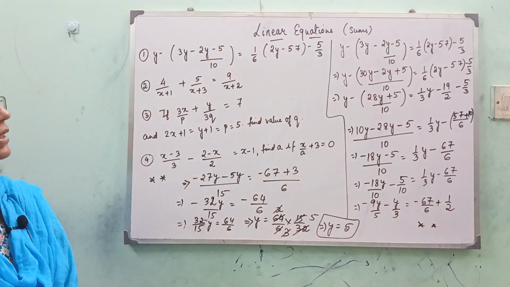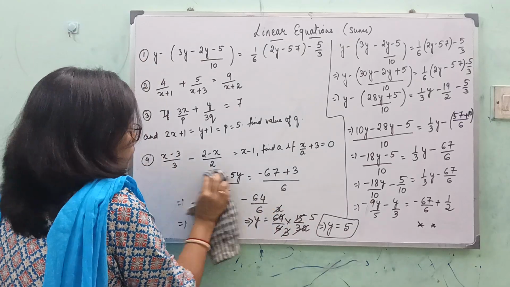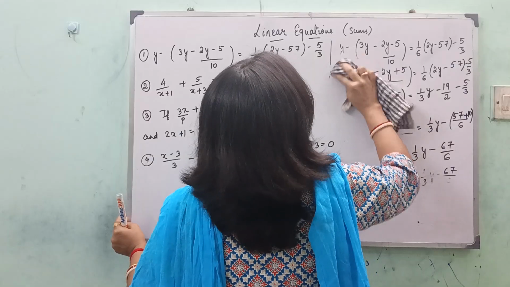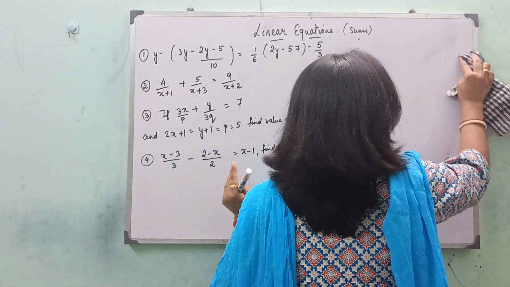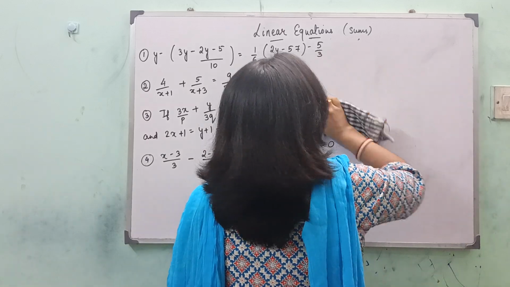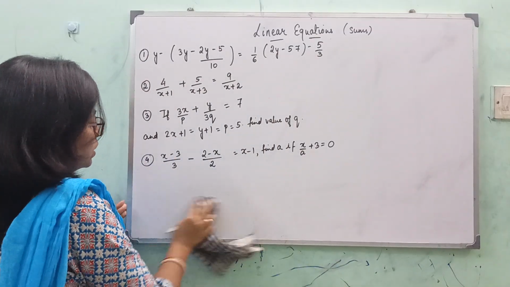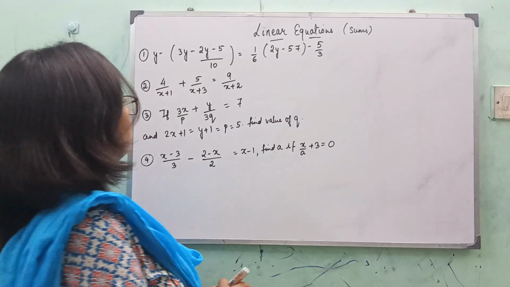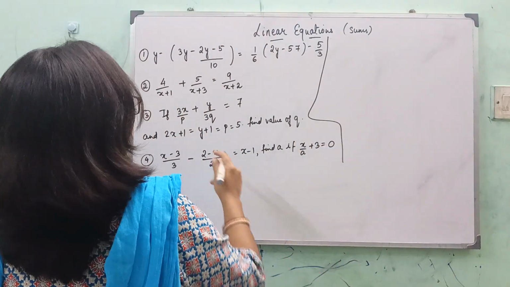So I hope this sum is clear to you. We will now move on to the next sum. If anywhere in the sum you feel it is not clear to you, pause the video, rewind, listen to the explanation once again, go through the working, but do not leave a sum until it is totally clear to you. Next sum,